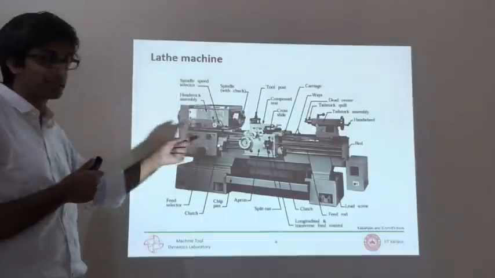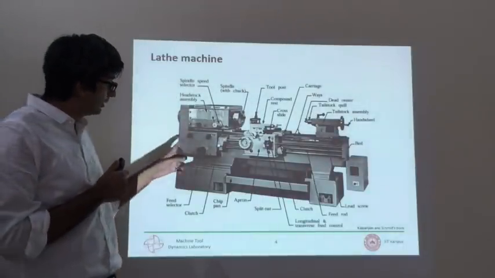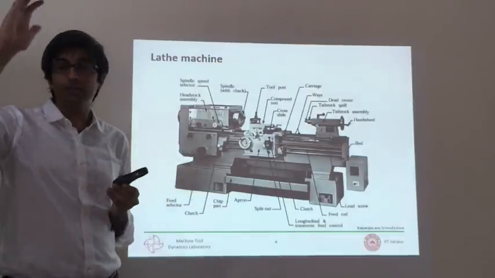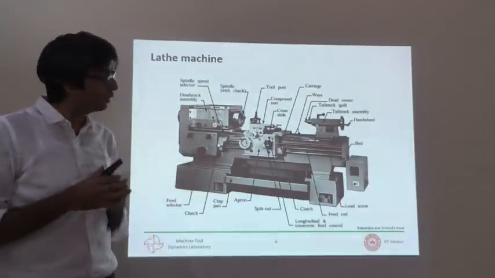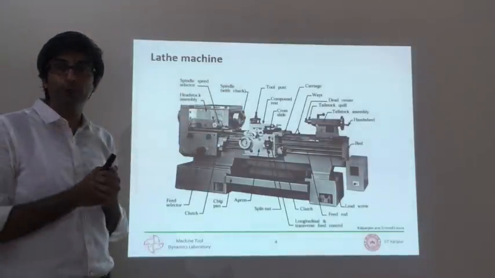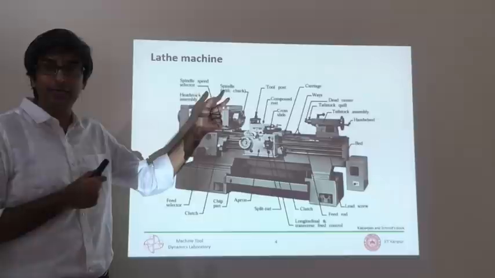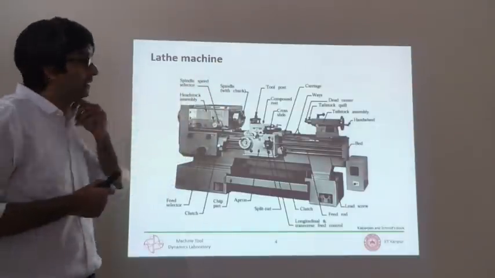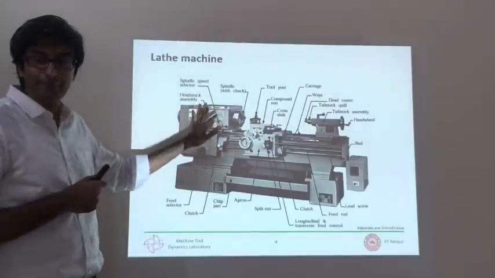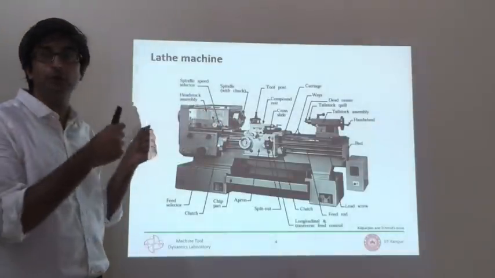This is what rotates. Now, inside this headstock, like we saw yesterday, is a series of gear trains, and you want that because you want variable speeds at the output. You want to be able to control which speed you can rotate that workpiece at, in how many rotations per minute. And you can do that: there is a control knob here, a control setting, which you can manually select to choose which speed to operate at.